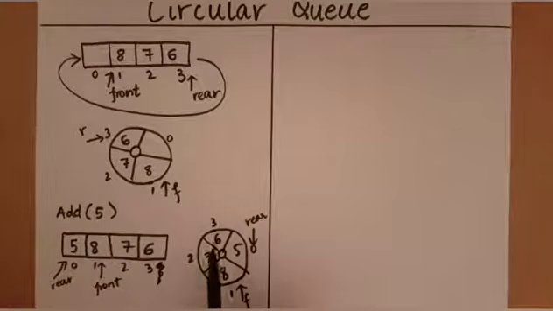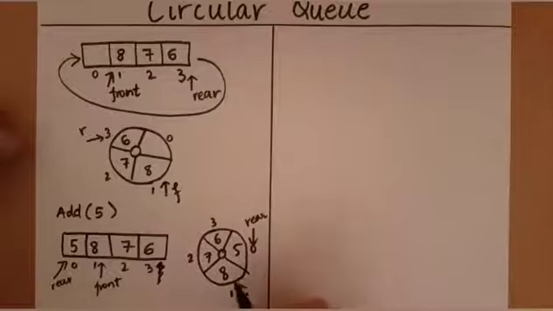As you can see, the rear has gone in a circular fashion back to 0. So in this way, in a circular queue, we can utilize the maximum space that is available inside the array. Now we can see that in this case, the rear value becomes less than the value of the front. Although the value of the rear is less than the value in the front, the rear is still ahead of the front. If you can see in the circle, the rear has finished its one round and has come to the